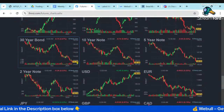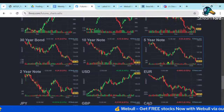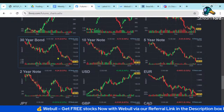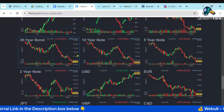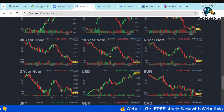And we see that steep decline. Bonds just continue to plummet. So bond yields are up. I expect them to test the 30-year, it's going to test that 5%. In my humble opinion, I think it'll probably reject from that. So I might see a little bit of a pop back up in the bond prices as they reject off